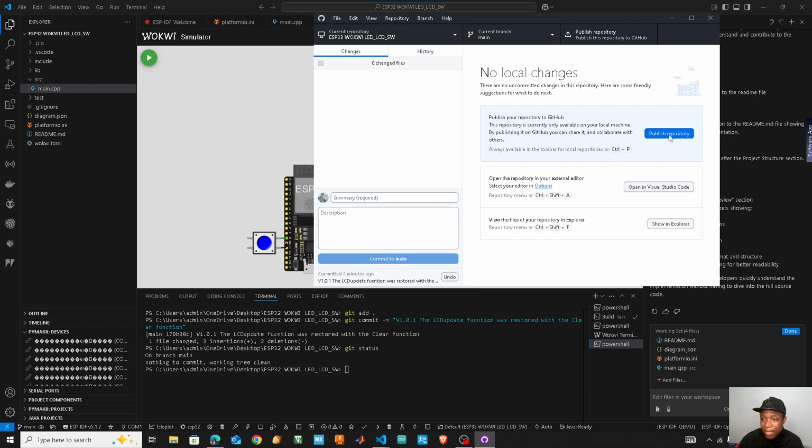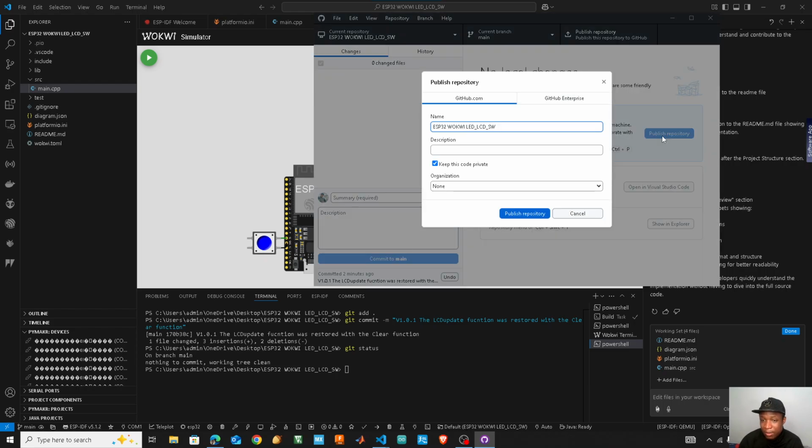Okay, so you can see that you just click on this and then it will tell you you want to name your repository this one. You say fine. If you want to change, you can change. So we have ESP32 Wokwi LED, we have LED, LCD, we have a switch or a push button. So simple LED and LCD simulation